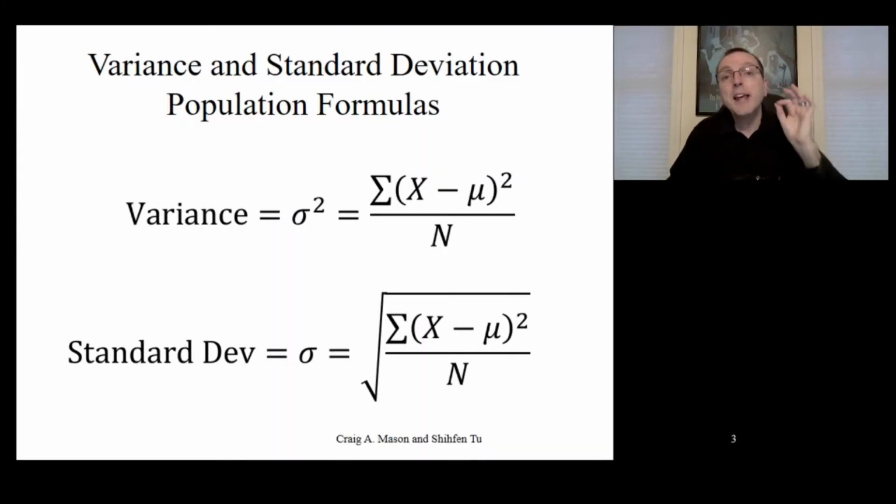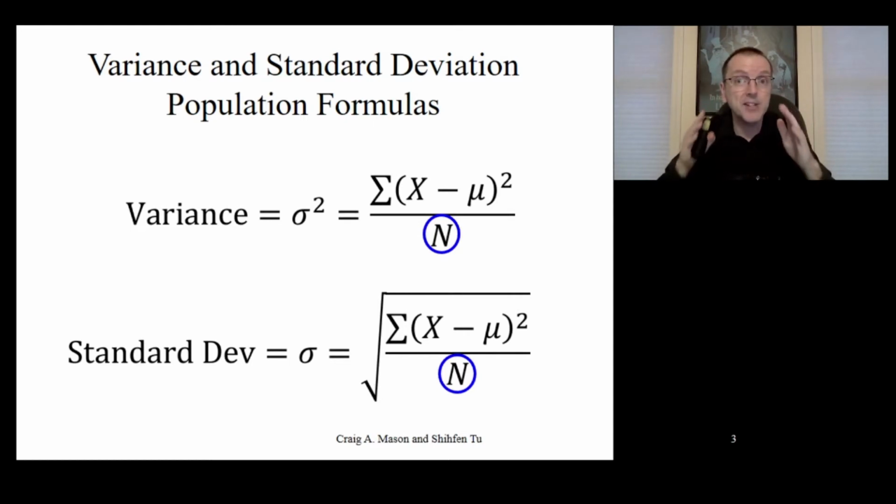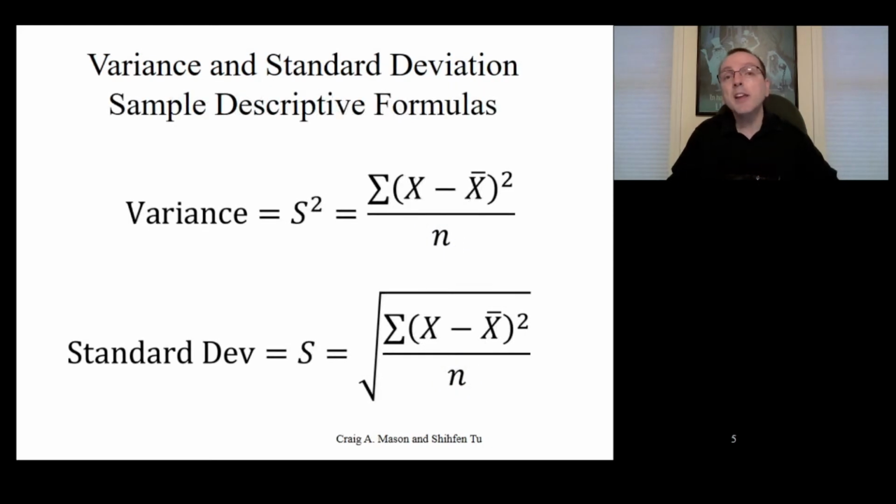So far, we've used capital N in the denominator for the population variance and standard deviation when we have data on everyone in the population. Notice in this case, it's the uppercase N because it's the total population size. Also notice that we have mu in the numerator because we know the population mean because we have data on everyone in the population. We've similarly used N in the denominator in our descriptive statistics version of the variance and